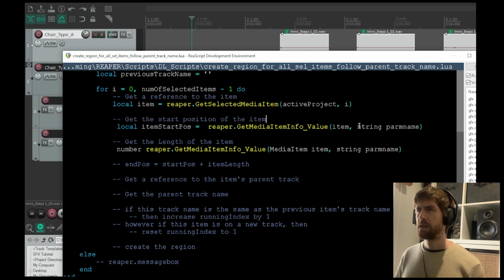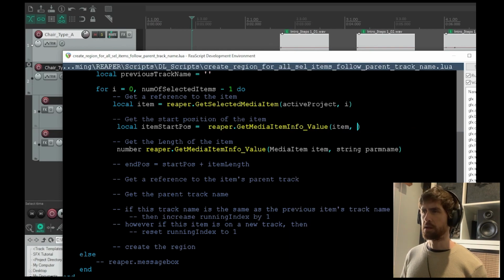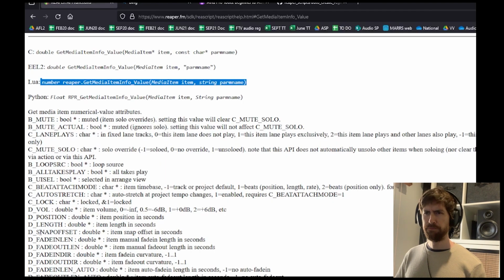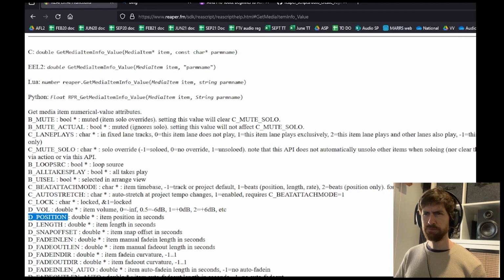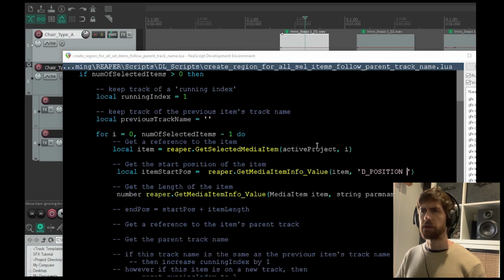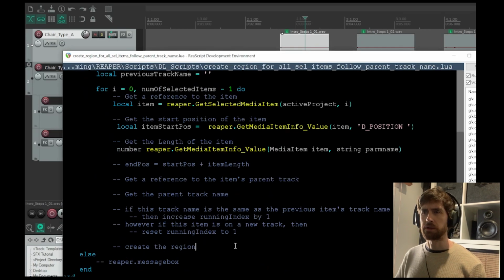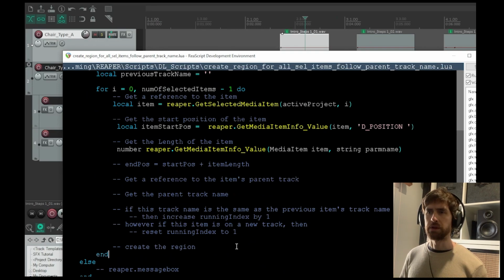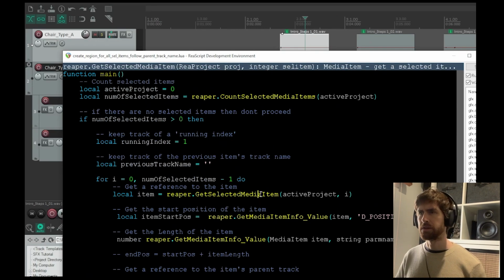item, and then the thing that we're querying is this D position. Now be careful when copy and pasting from here, because you'll see that I highlighted a space after D position. So that's not going to work. And we can probably demonstrate that if I think I need to, hang on. I need to put an end there, and then if I run it,